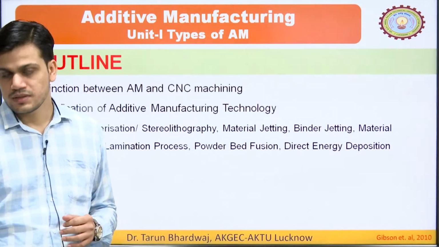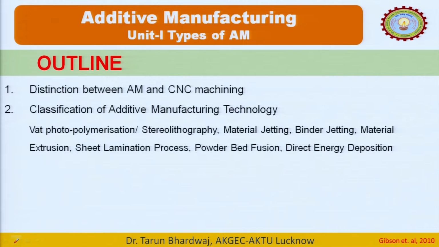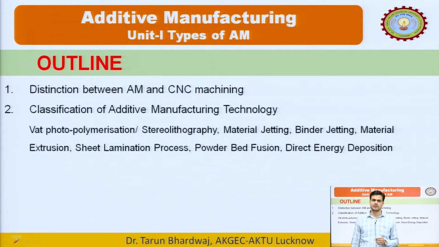So, this is the outline: the distinction between AM and CNC machining, and a few classifications of additive manufacturing, like vat photopolymerization, stereolithography, material jetting, binder jetting, material extrusion, sheet lamination, powder bed and directed energy deposition. So, first of all, let us start with the distinction between AM and CNC